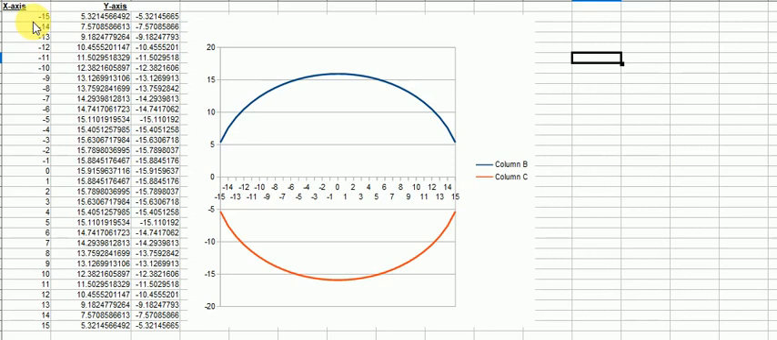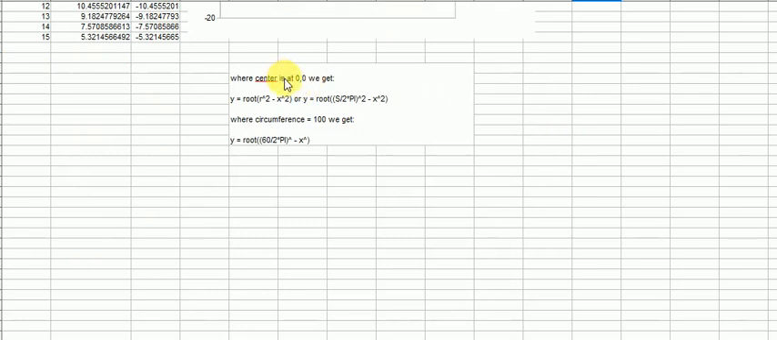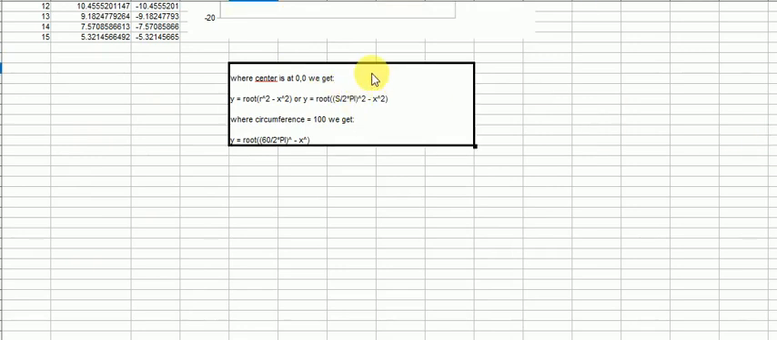I've just tried to draw a circle based on the equation of a circle. If we take the center to be at 0, 0, what we get